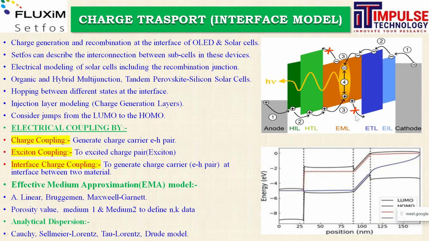Now there are multiple layers where you can set the hole transport, electron transport, emissive layer, cathode and anode layers. There are no such layer limitations. You can define n number of layers and you can simulate that. So here there are no such restrictions on the number of layers, as you may know that some software may have a limitation of 6 or 7 layers only, not beyond that. But here there is no limitation, n number of layers you can define and you can design. And accordingly you can plot the energy reference Fermi level with respect to the HOMO-LUMO levels. Now this is all about the drift diffusion model.